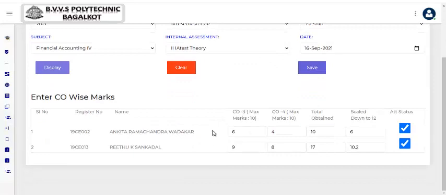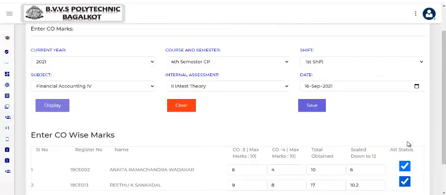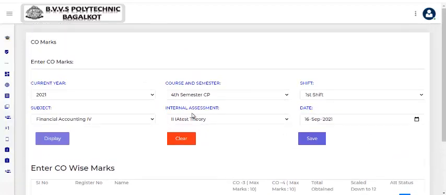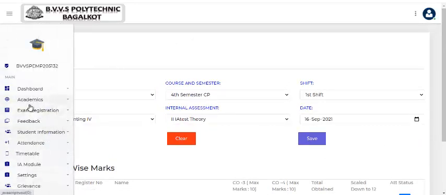Here we'll be getting marks wise, where we can just see here. Here we have just mentioned maximum marks 10, CO marks fourth it's 10, total is 10, and scale down to 12. Here we have already updated the data. This is about the CO marks, like adding marks.